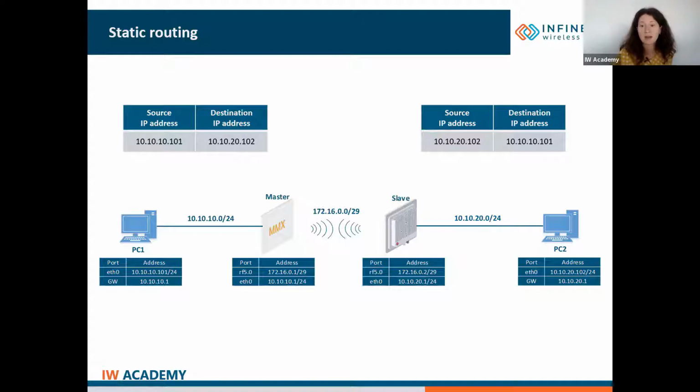We'll first assign IP addresses on the interfaces of the units. For the RF interfaces, a common subnet is used, while the wired interfaces of the units belong to different subnets, the corresponding subnets connected to each PC. We'll assume that the PCs are configured with IP addresses and static routes, the wireless link is established between the units, and the switching module is disabled on both units. Let's see how this is practically done.